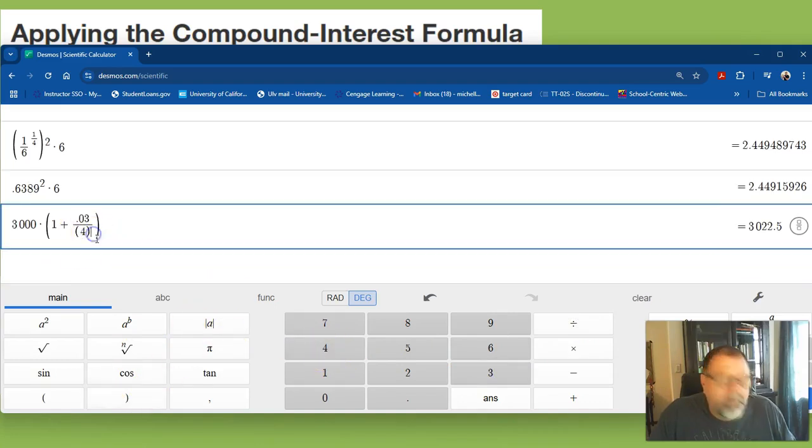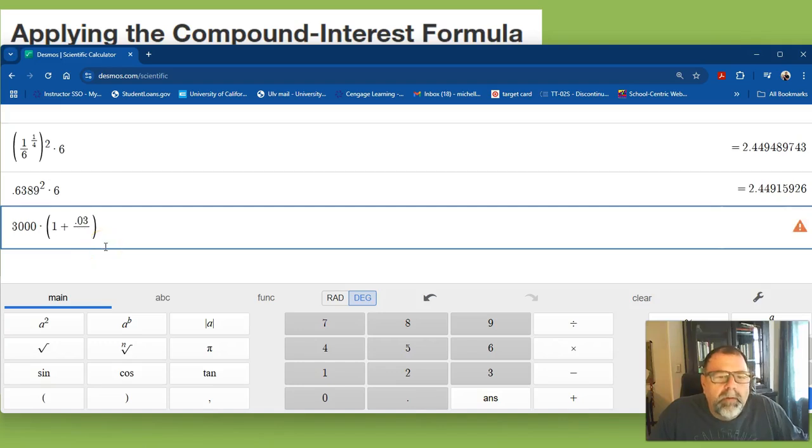So let me get rid of this. So 4, and then the power, parenthesis. I think with decimals you don't need those parentheses, but a lot of calculators you will, so I just put them in just in case. So it's 4 times 10, and then close parenthesis. And you get